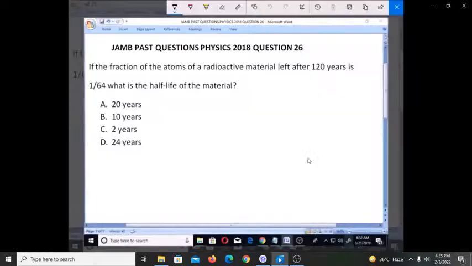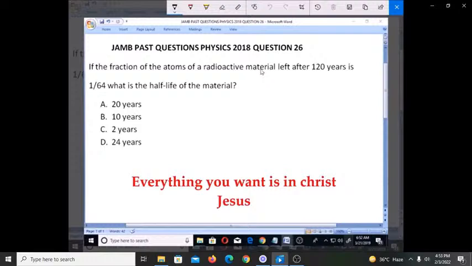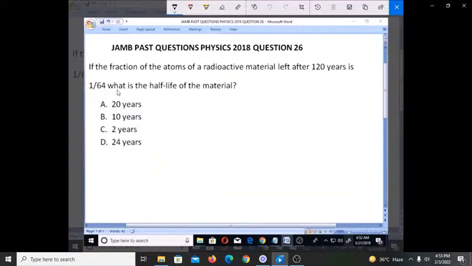Let's look at this JAMB past question, Physics 2018, question number 26. If the fraction of atoms of a radioactive material left after 120 years is 1/64, what is the half